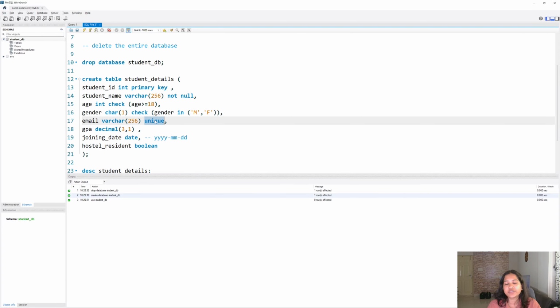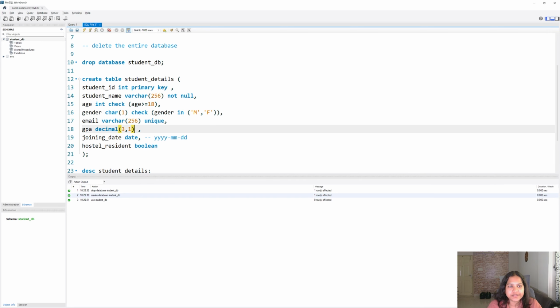So that is one difference between primary key and unique, and this is the most asked interview question. What is the difference between primary key and unique? Primary key will not let duplicates. Unique also will not let duplicates. Primary key will not let null or blank values, but unique may let null or blank values. That is one interview question.